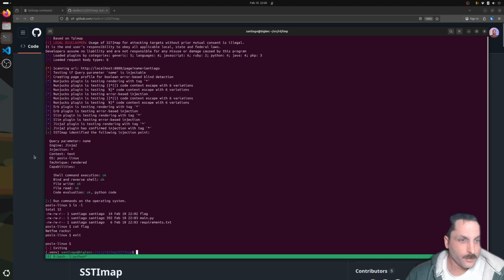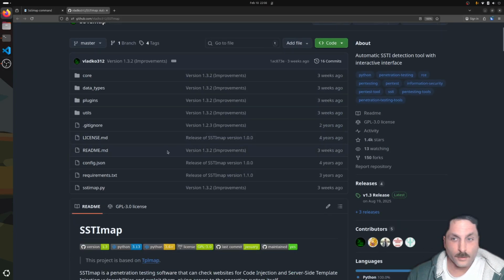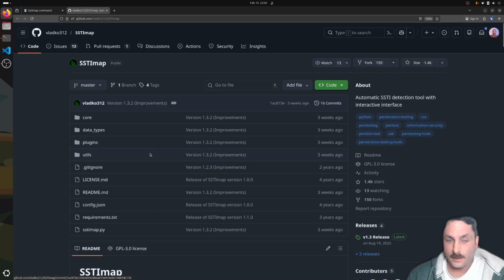And that's pretty much it for today. Again, if you want to know more about this command, how to install it, all the different flags, you can visit the GitHub URL or